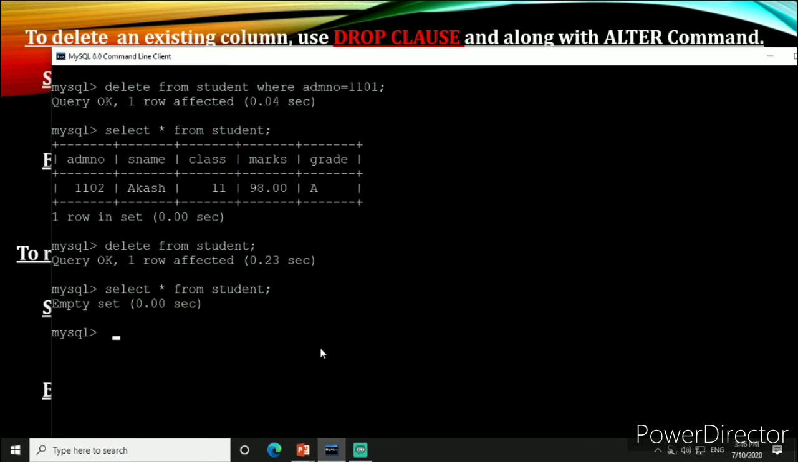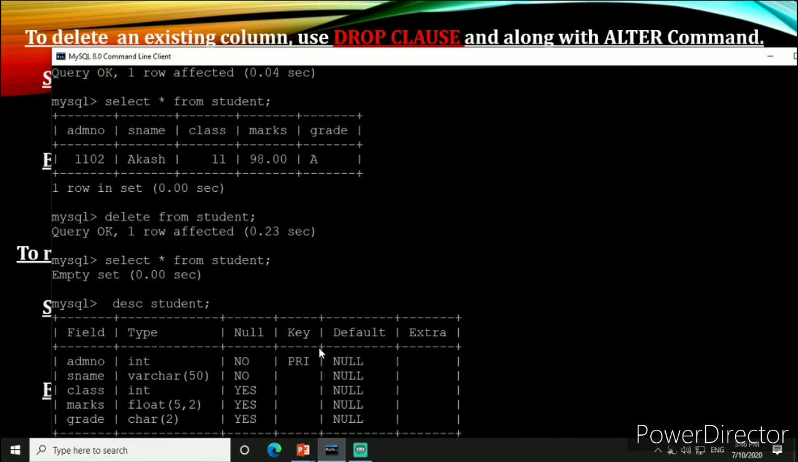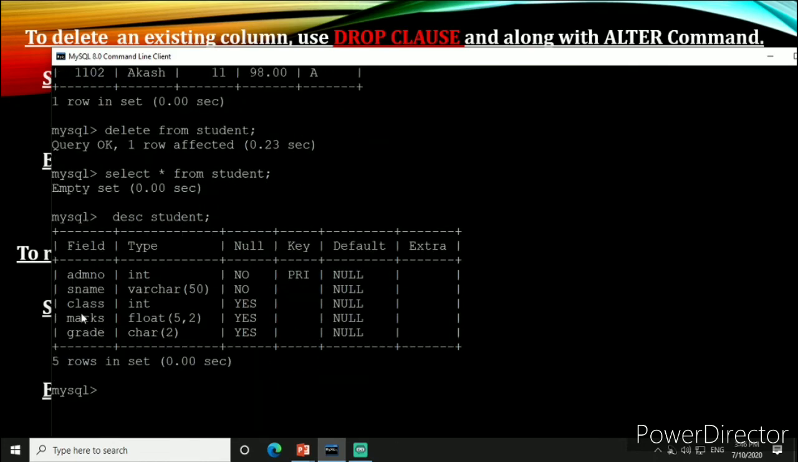Suppose that we want to add a new column fname in this table. So what is the structure of this table? DESC student. Here only 5 columns are there. We want to add one more column in this table. So alter table, the name of the table is student,